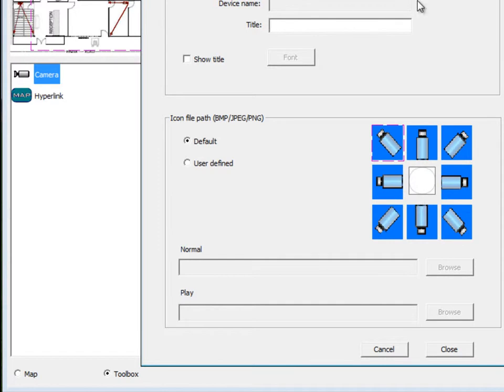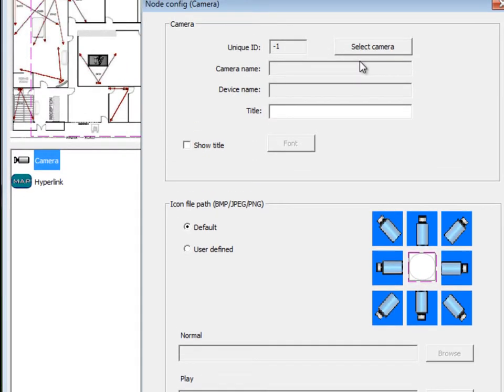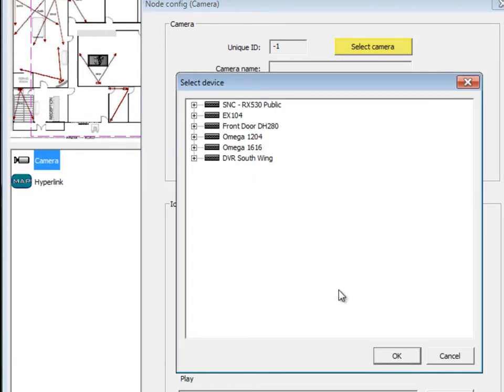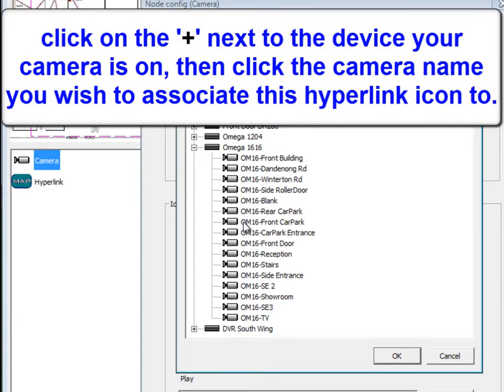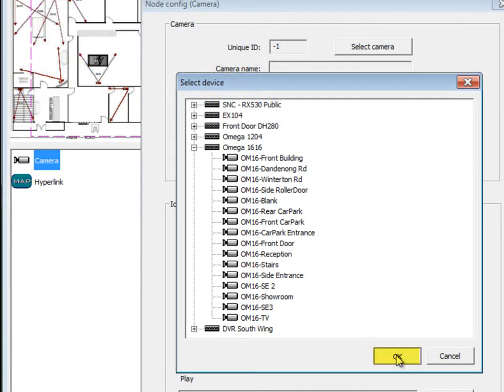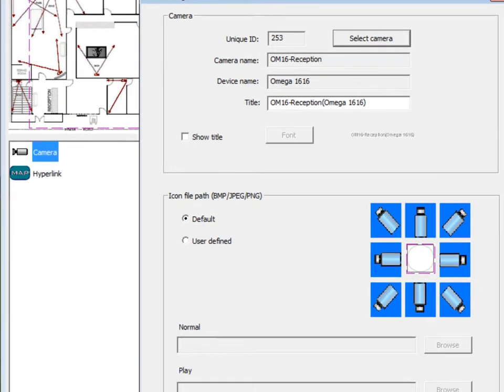asking me what camera do I want to select and also what icon do I want to use. At the moment this one here is selected. I want to use a transparent icon in this case, which is the middle one, so I click and select that, and now I have to browse the camera that I want to use. So I click on the select camera button, then I browse the device that the camera's under. In this case I'll say the 16, and I will select reception, then click OK, and then I can click close,